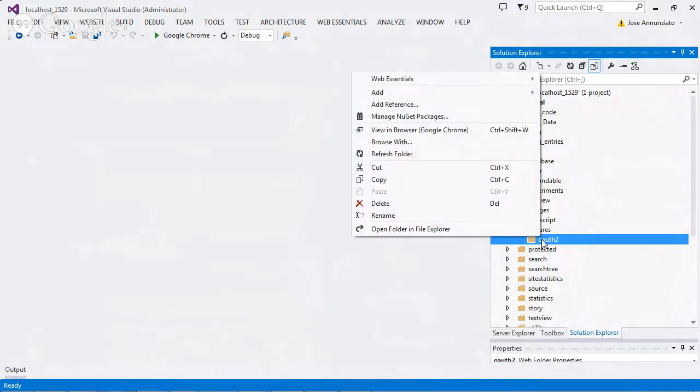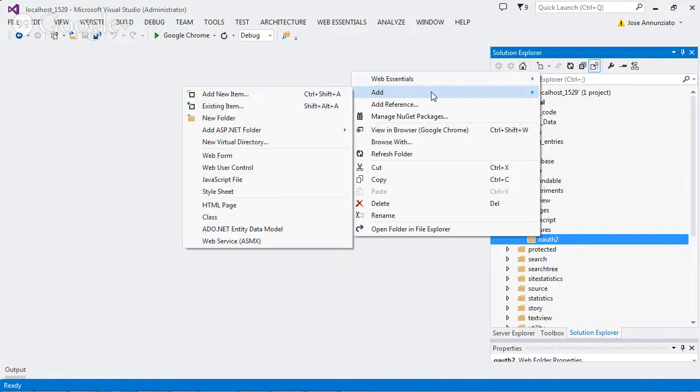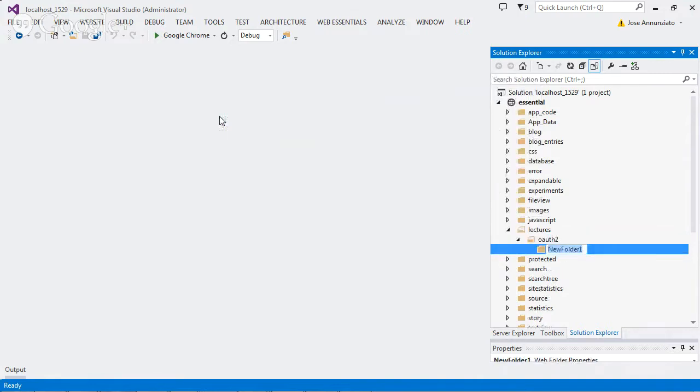We can use OAuth to authenticate with lots of third-party developer APIs. But in this particular lecture, we're going to talk about how to use Google's OAuth implementation. Okay, so we'll go to Google,